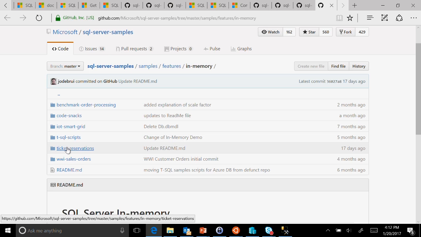And then the nice thing, by the way, about these samples, the person who posted this, Jos, he's a principal PM, he's been in the SQL org for many years. He's the guy behind the stuff, right? He works every day with a team of engineers for in-memory, right? So if you go to GitHub and you download the stuff and you find things which are confusing or things that you think could be better or whatever, you actually have the opportunity to post here, and Jos will get the email.